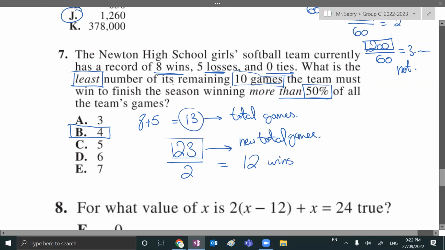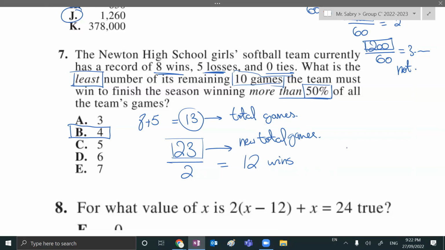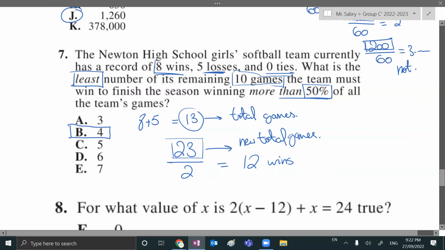Yes يعني عايز يعرف what is the least number of its remaining 10 games to win. عايز يعرف يكسب قد إيه من ال10 اللي لسه هيلعبهم صح؟ طيب هو already كسب منهم قد إيه؟ كسب already من الأول 8 و he needs a total of كام win عشان يبقى 50%. 12. أيوه مش فاهمة ال 12 صح؟ لا. طيب